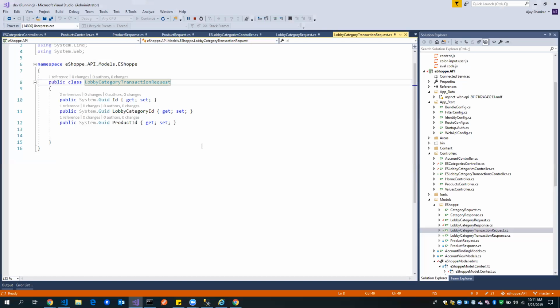If we associate them, it means this product is under this lobby. So if I have lobby category IDs 1, 2, 3, 4, then I can add products X, Y, Z, P, Q, A, B, any number of products, under that lobby category ID. Agree